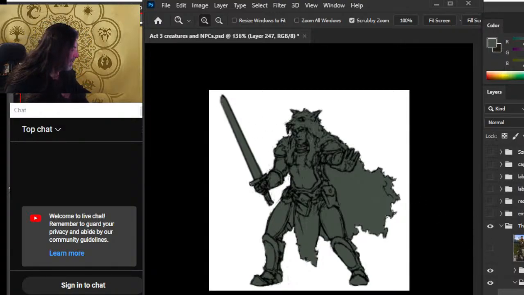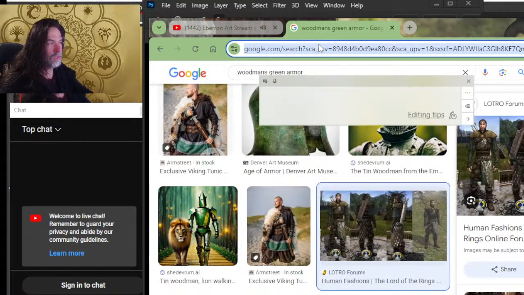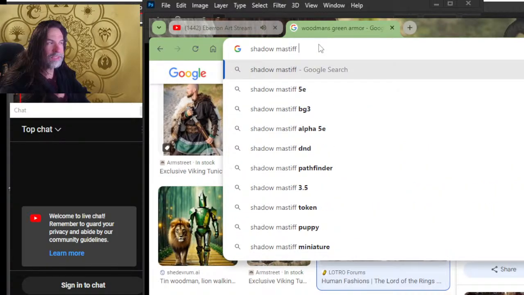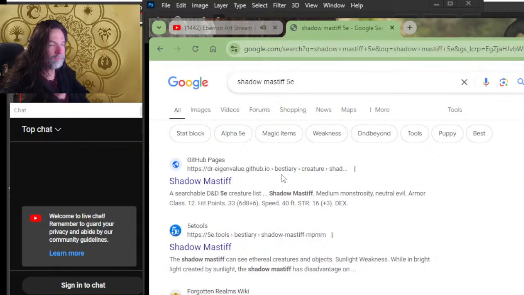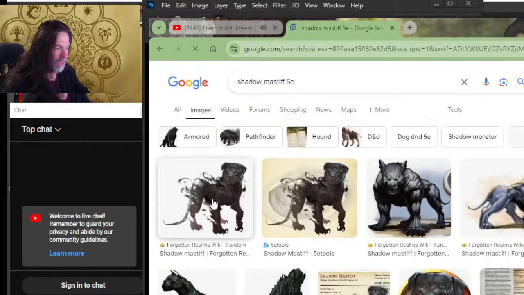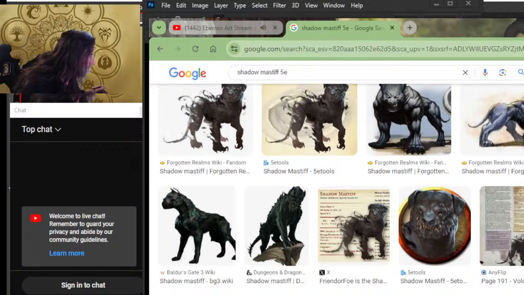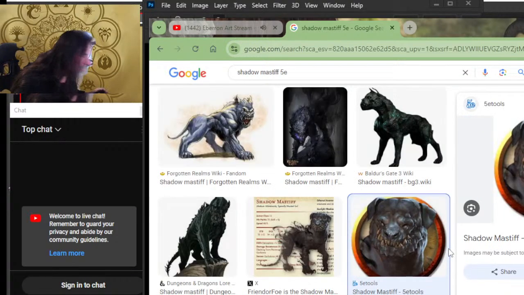So the next thing I'm going to do is add layers. We're going to be layering things up. Let's do a search for Shadow Mastiff 5e, and we'll go to images and let's see. That's a pretty good one.